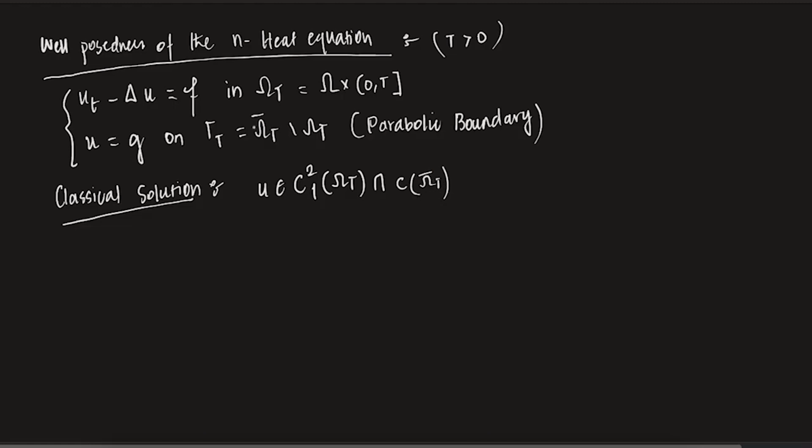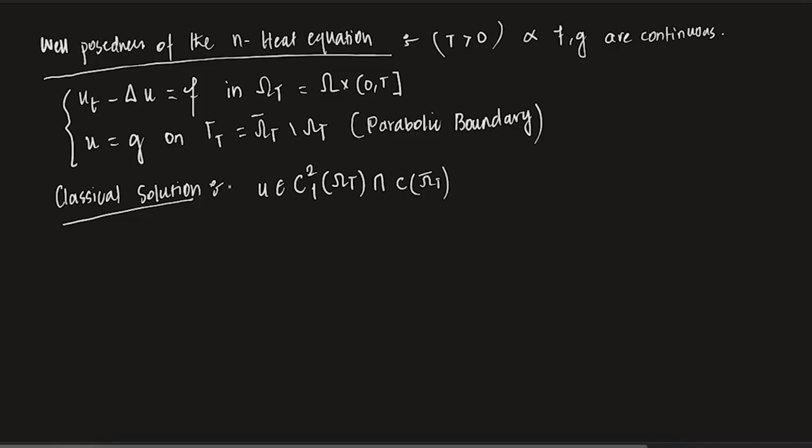See here, whenever I am writing all that, of course I am assuming that f and g are continuous, wherever they are defined. That is always assumed. So if g is assumed, you are basically saying that u is equal to a continuous function on the parabolic boundary. So I am assuming u is continuous on the boundary also, so up to the boundary, omega t bar. Clear? So that is what it is.